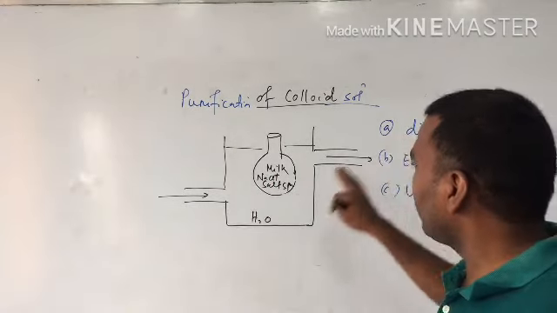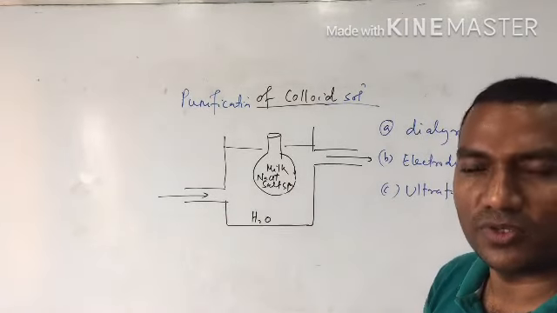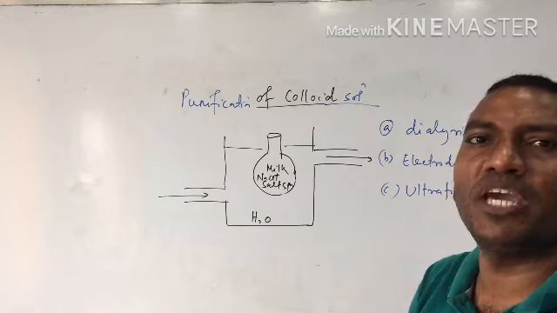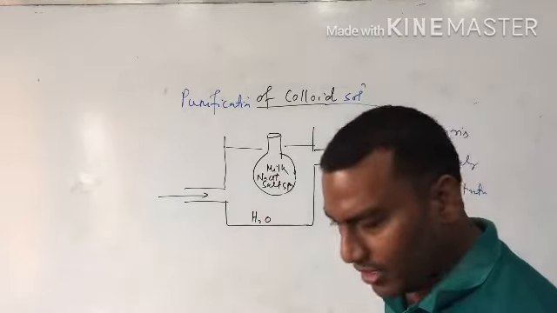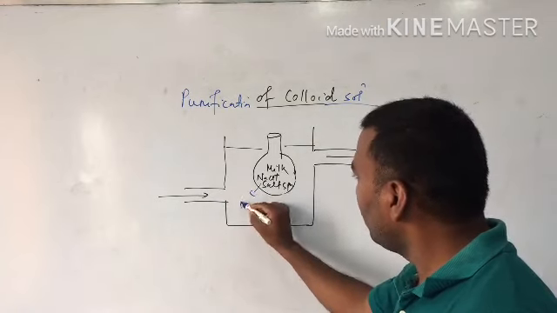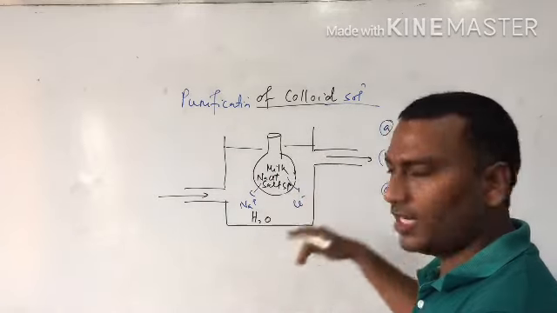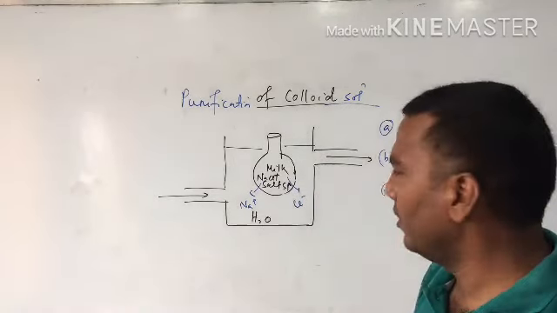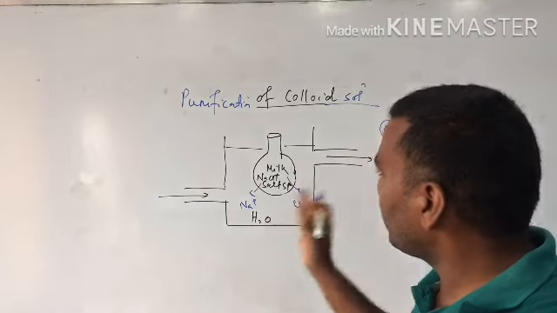So dialysis normally takes place in this format. This method is very slow. To make this process faster, you see, when the water flows, Na+ and Cl- will come out, and while the water is in flowing condition, both the Na+ and Cl- will be separated. But this process is slow.